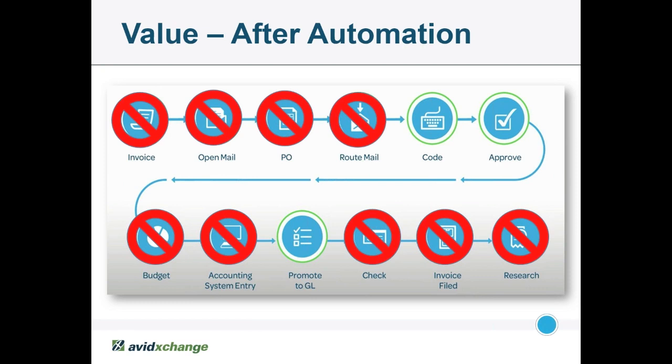So the technical definition of accounts payable automation is it's only as good as the people, time, and effort that it frees up. So here's the thing, using this definition, I can say automation is only as good as the time that it frees up. If I went back to that last screen, all of those circles represent people doing stuff within your organization. The whole point of automation is to free up as many people from manual tasks as possible,